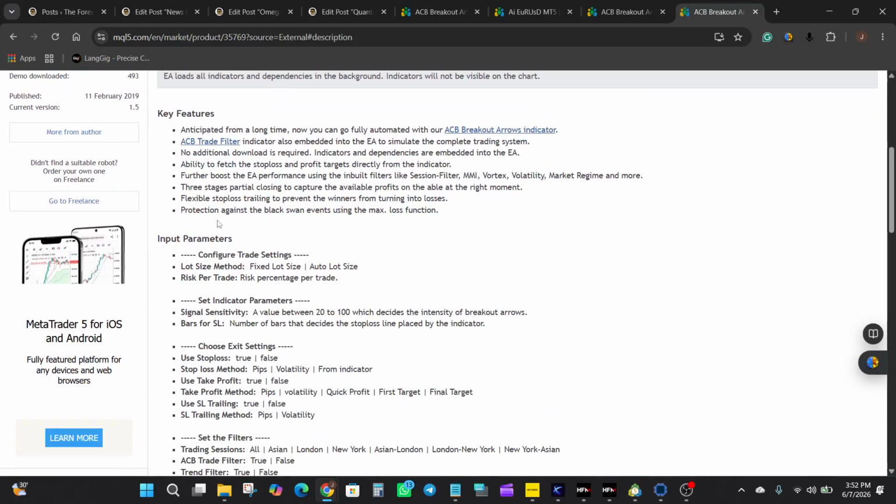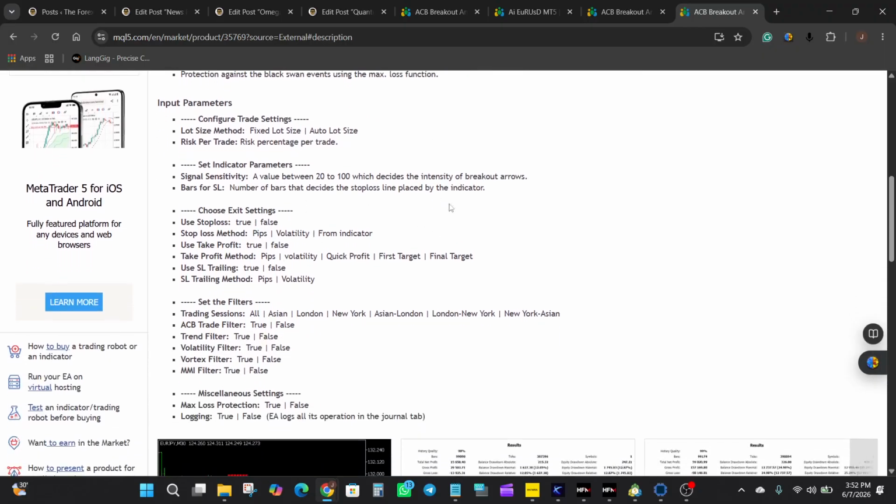Okay, and then there is also the flexible stop loss trailing, the protection against the black swan events using the max loss function. Then under the input parameters, we have the lot size method, the risk per trade, signal sensitivity for the indicator parameters, the bars for SL, and you can also choose your exit settings if you want to use stop loss. Also stop loss method if you want to use take profit, and the take profit method if